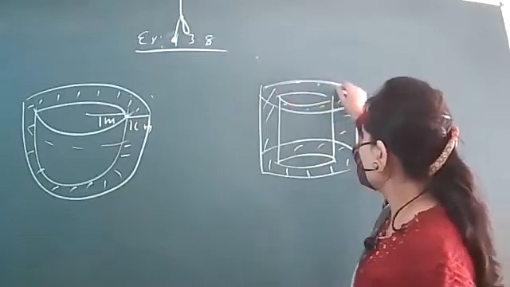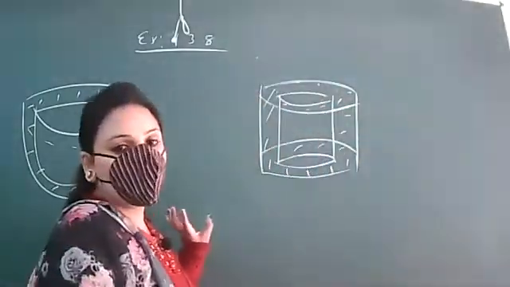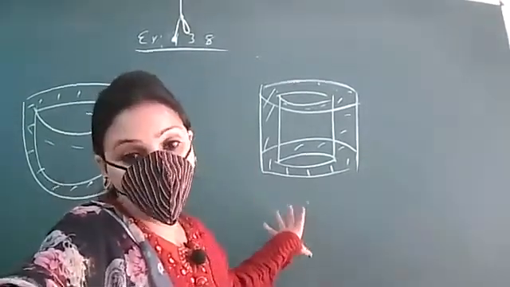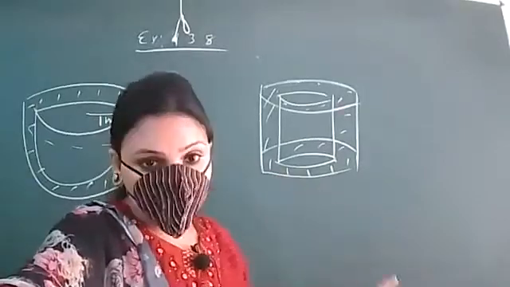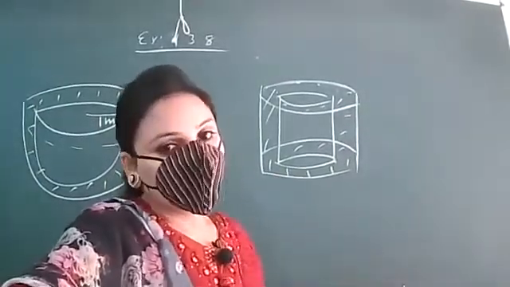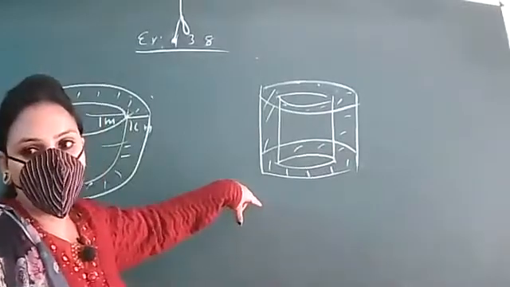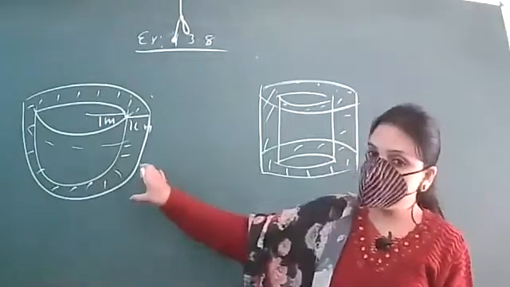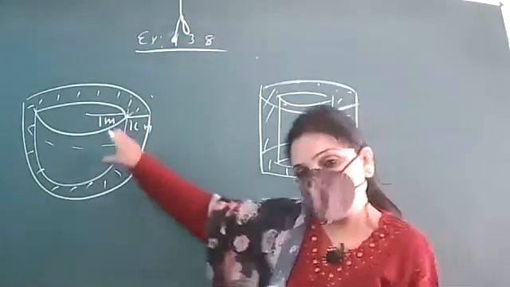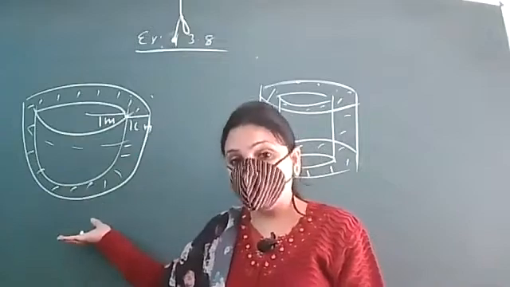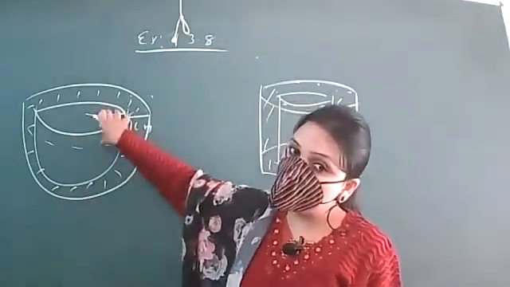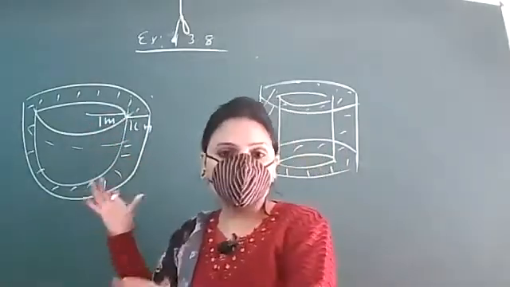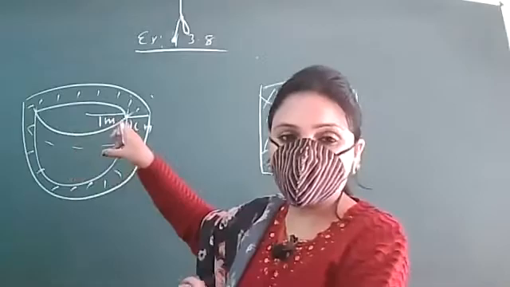If you remember, we did the formula for such a situation, and I have told you that in such a situation the volume of the wood, or the volume of the material that has been used to make this cylinder, is equal to the volume of the bigger cylinder minus the volume of the smaller cylinder. But as far as this hemispherical tank is concerned, no doubt it is hollow inside, but it has its bottom. So its volume will be the volume of the inner bowl.